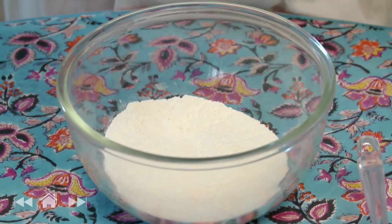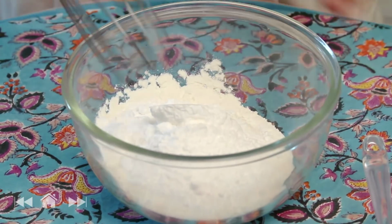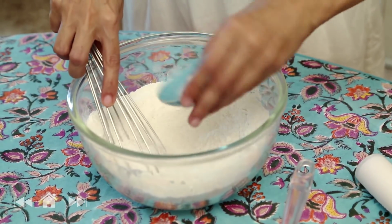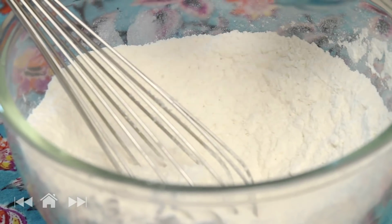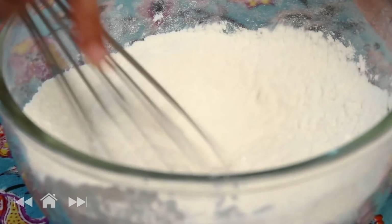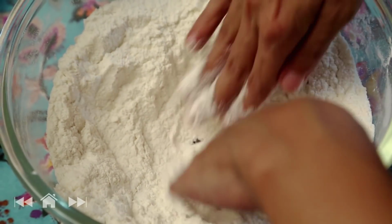ingredients. So I've got 1.5 cups of all-purpose flour here, and I'm adding 1 cup of caster sugar. I'm adding 3/4 teaspoon of baking soda, half a teaspoon of salt, and just whisk it all together. You want all the dry ingredients nicely mixed up together and evenly distributed. Now, as much as is possible, make a well in the center of the dry ingredients